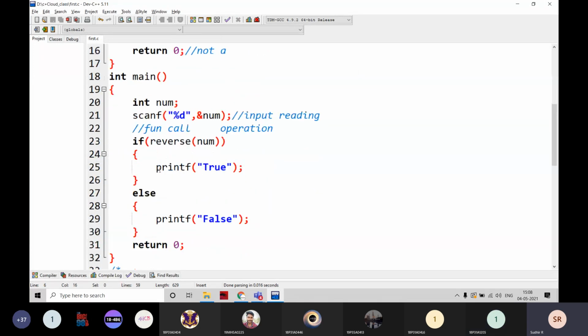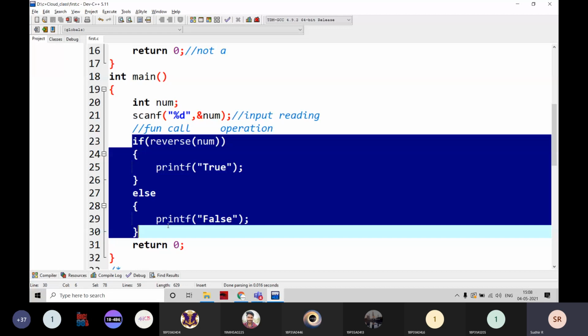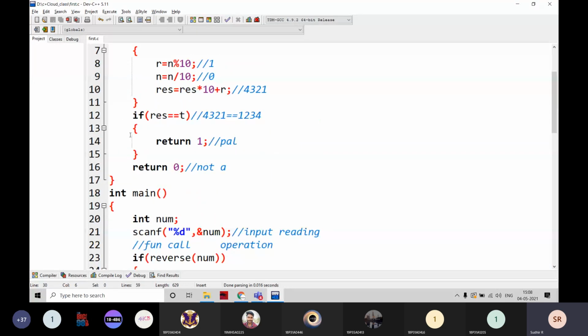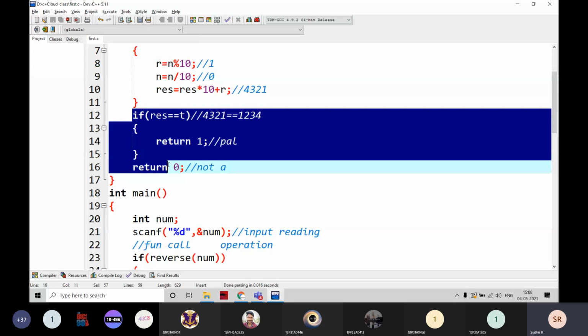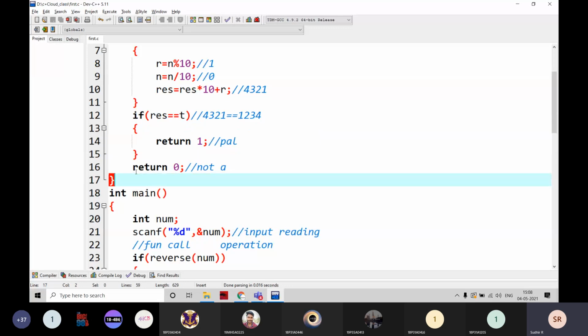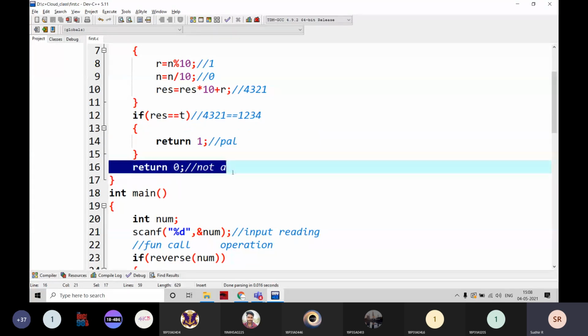And if you observe the condition here, what value am I going to return? I'm going to return 1 and return 0. There are two values I am going to return. Is it two values or only one value it is returning? I am not writing the else part. Why am I not writing the else part here? There is no need to write the else part here. If I write the else part also, that is okay.